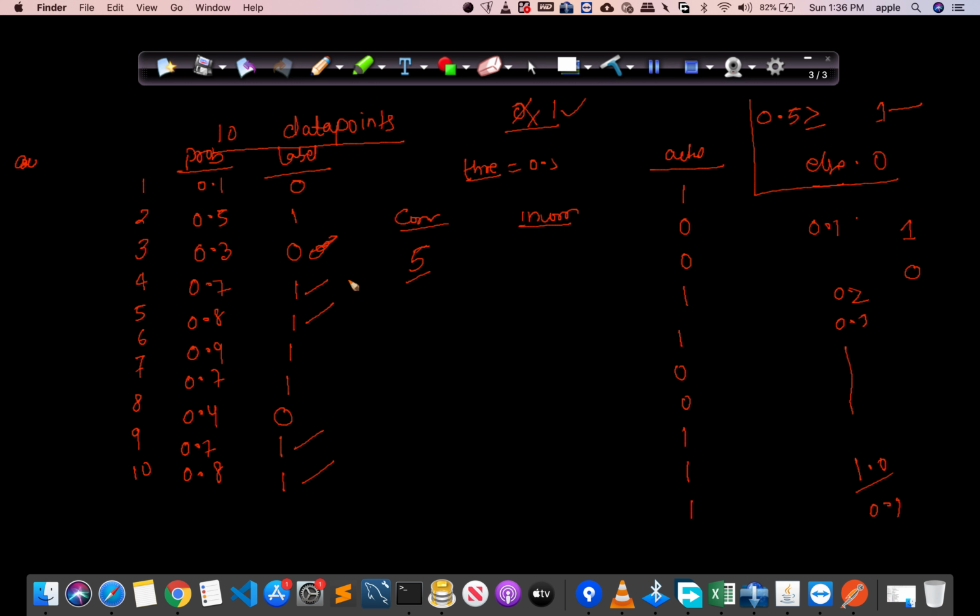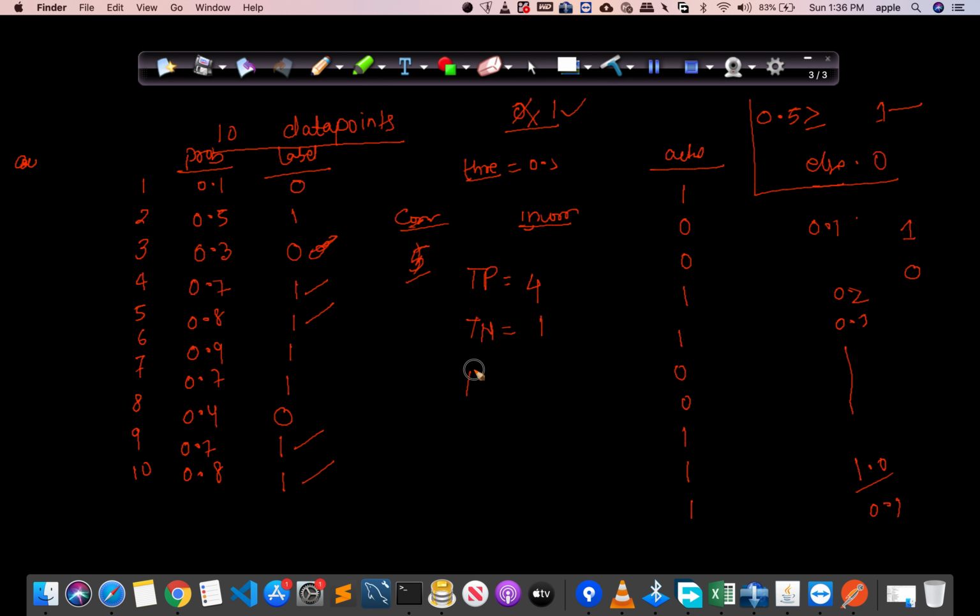Okay, so this is true positive 1 and 1, true positive 1 and 1, true positive 1 and 1, true positive 1 and 1, true positive. So for true positive, we have 4 true positives. Now we have to see true negatives. How many true negatives are there? 0 1 no, 1 0 no, 0 0. So 1 true negative. You have to compare the predicted label with the actual label. So this is 1 and 1, this is 1 and 1. So the only true negative is only 1.